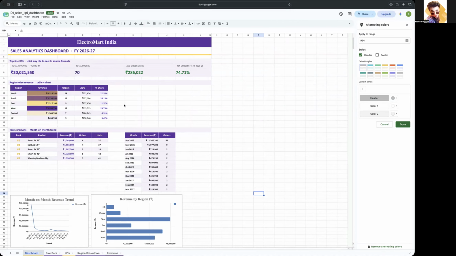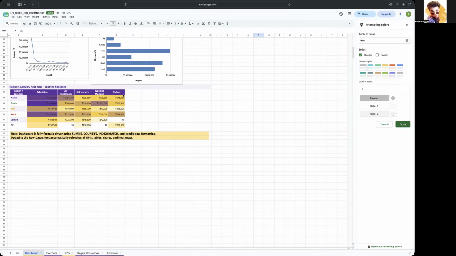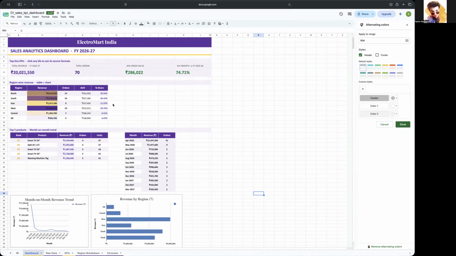So the dashboard sheet brings all major calculations together in one management-facing view. The user does not need to review the 70 individual invoice rows. Instead, the dashboard communicates overall performance through KPI cards, regional analysis, product ranking, monthly trends, charts, and a category heat map. Okay. As you can see, the top line KPIs, total revenue is